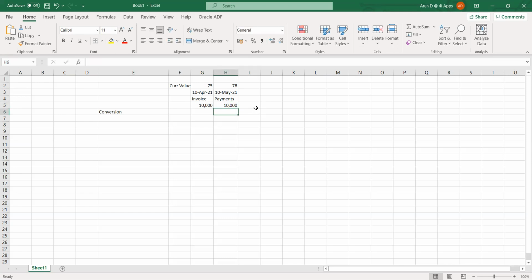So what will happen is that I will have to calculate my currency gain or loss, because let's say on 10th of April, but now I'm at probably 25th of May. So now the currency balance has increased, which means this is a gain for the company. So I will have to report this gain in a separate account. How I will basically do this is that I will run a process called revaluation.